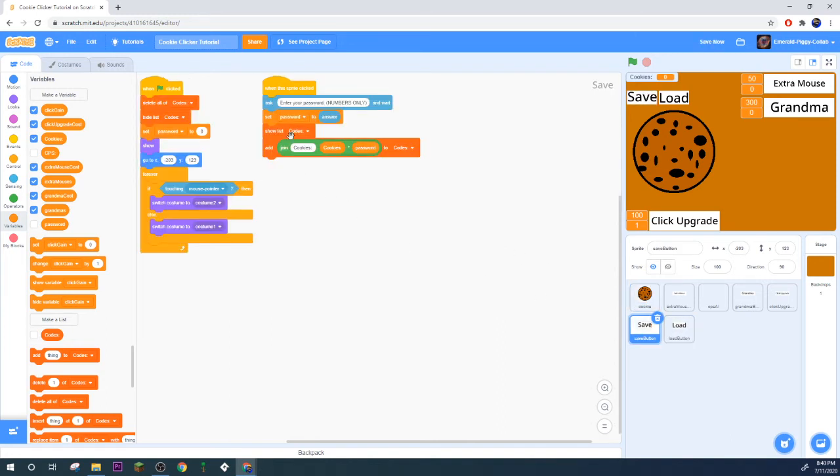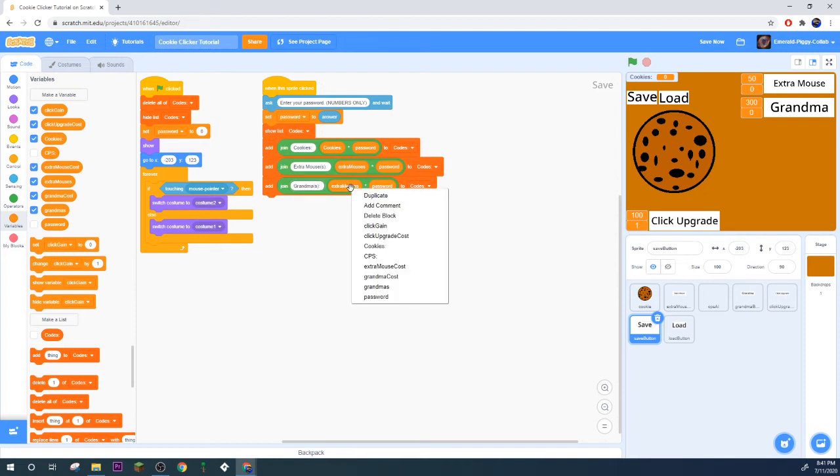Well, let me do this. We're also going to add, instead of cookies, extra mouse colon space, and instead of cookies, it'll be extra mouses times password. Add yourself another one. Instead of extra mouses, do grandmas colon space, and make it grandmas, and then one more,